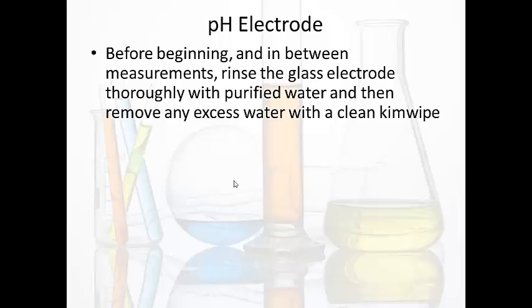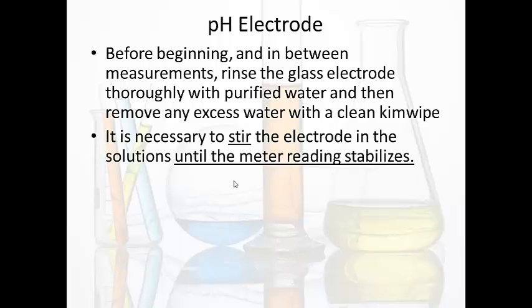Before you start, as well as in between every single measurement that you make, you need to rinse the glass electrode thoroughly with purified water. I recommend using your squirt bottle with the purified water into a waste beaker, and then you'll gently remove the excess water with a clean Chem wipe. It will be necessary to stir the solution with the electrode until the meter reading stabilizes. So don't just read and record the very first pH that you see. Stir the solution with the electrode, give it a little bit of time to equilibrate and stabilize,